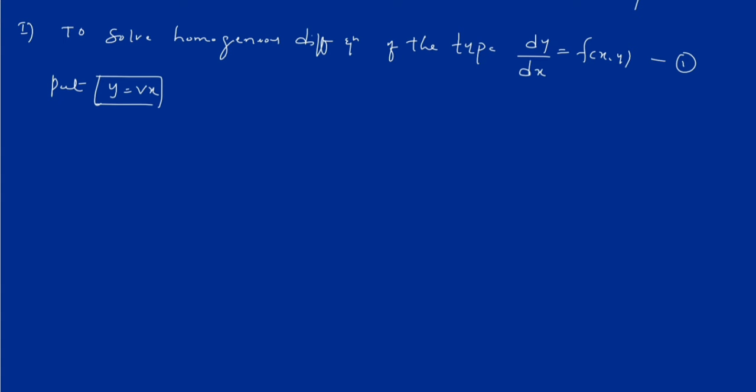Put y equals vx, that is y by x equals v, so that